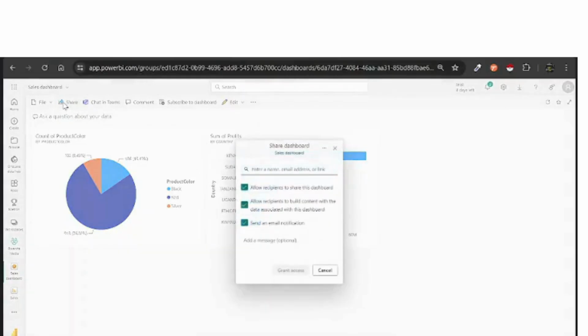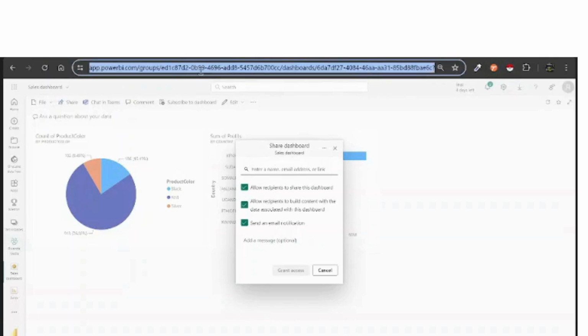So if you share, you're going to put in the emails of the people you want to receive that dashboard, and then they'll receive a notification. You can as well pick this link and send it directly, either through Teams, emails, or whatever channel, to anyone who should be using